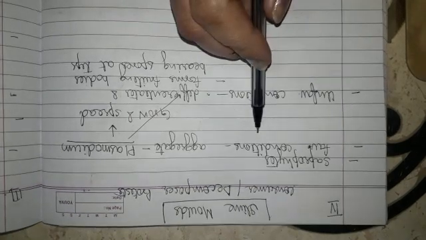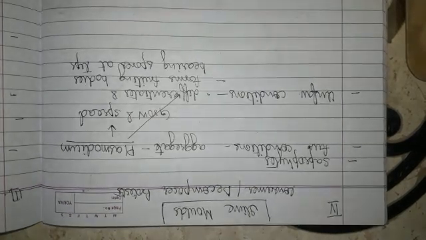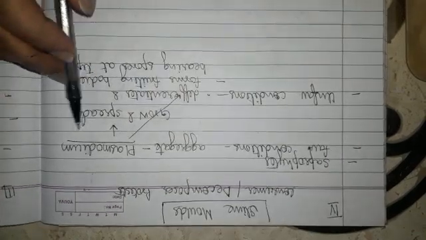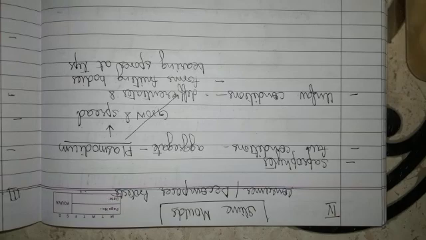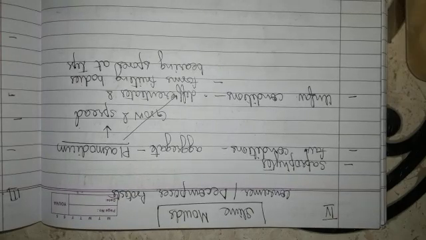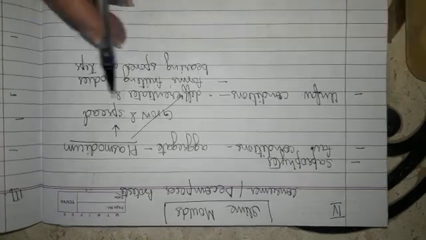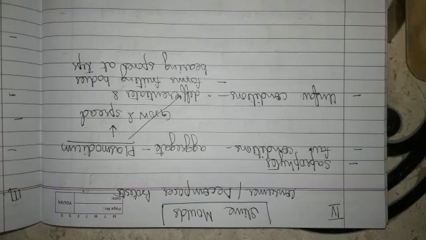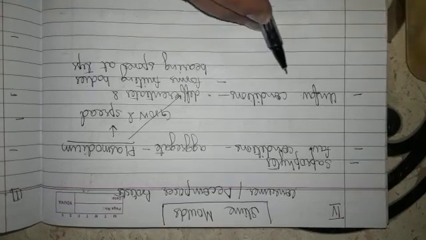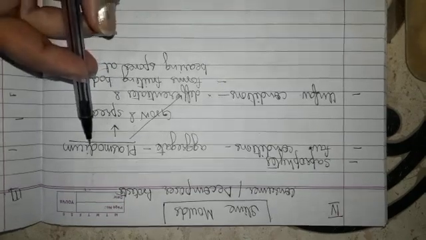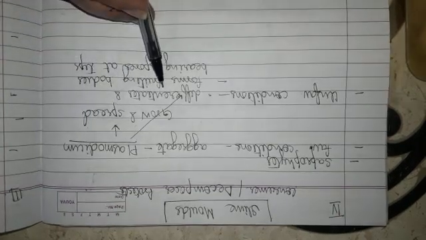Under favorable conditions, the slime molds aggregate to form a plasmodium. यानी favorable conditions में the slime molds join together, they aggregate and they form a structure called plasmodium. And this plasmodium grows and spreads over several feet of area, and during unfavorable conditions the plasmodium differentiates and